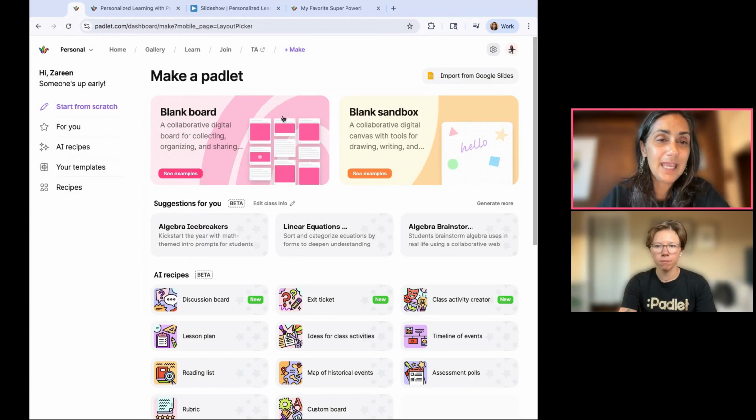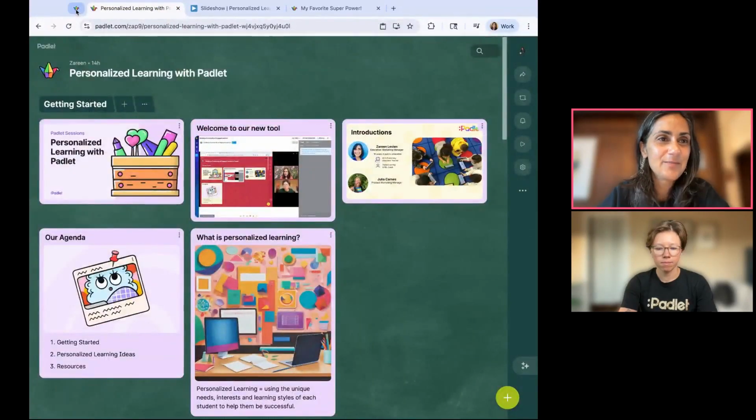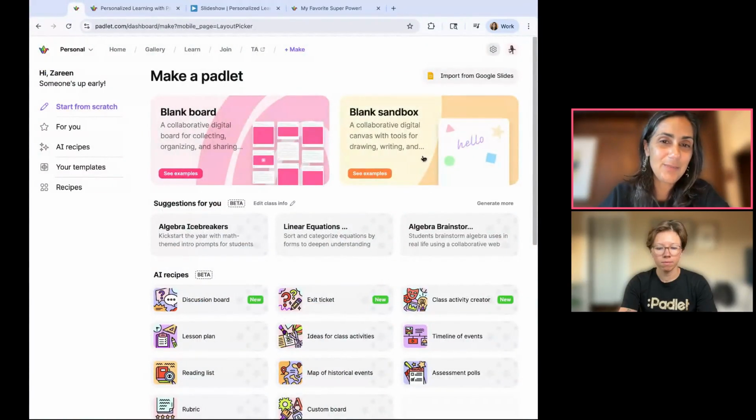You can make a blank board, which is kind of like our standard Padlet. That's what I'm on right here with these boxes. That's a board. I can sandbox, and that's a whiteboard. So I'll show you some examples of those, similar to Google Jamboard if you used to use that. Lots of fun tools and